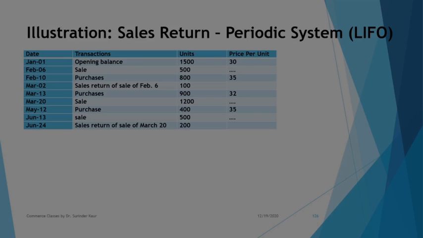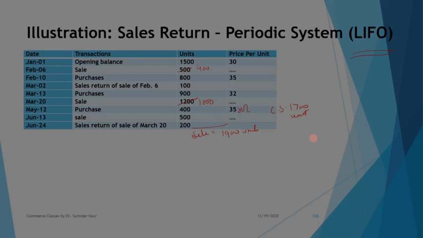Then you have LIFO system. LIFO will imply, again you see you have sale return here of 100. So these are the actual sales. Calculation is same because we are taking same question. So 1900 units have been sold and closing stock is 1700 units. Under FIFO system, we had first in first out. Under LIFO system, last in first out.